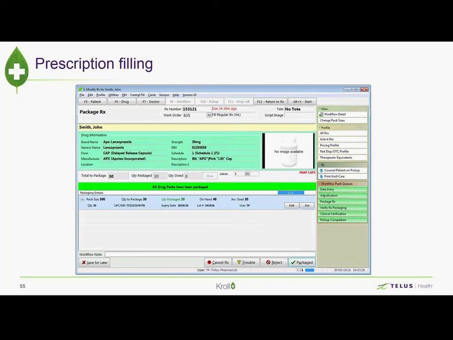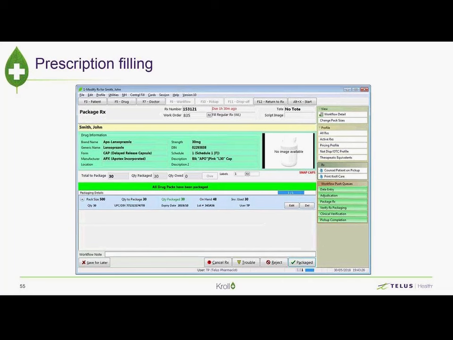Now, in this case, everything matched. The UPC was correct. I've packaged the entire amount, so I get the nice big green bar across the screen there. If I had grabbed the right product but in the wrong pack size, based on the person doing the data entry, I'll get a big yellow message across there to warn me I do have the right product, but I've got the wrong pack size. I can either go back to the shelf and grab the right pack size or change the data entry to reflect the real pack size I'm going to be using,